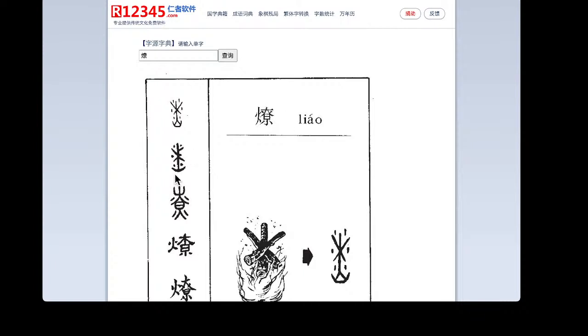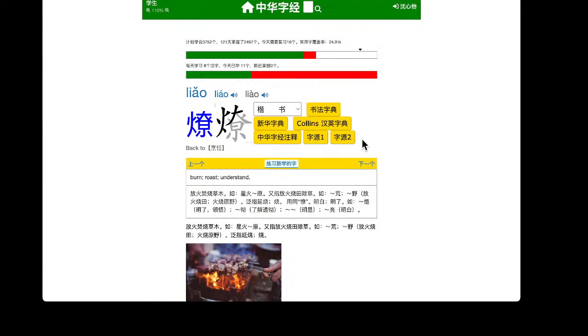But originally this is actually a mu. Okay, it's a tree. So really, in the traditional character, it means the fire burns through the grass and the trees. Okay, so this is how you remember this. Next one,